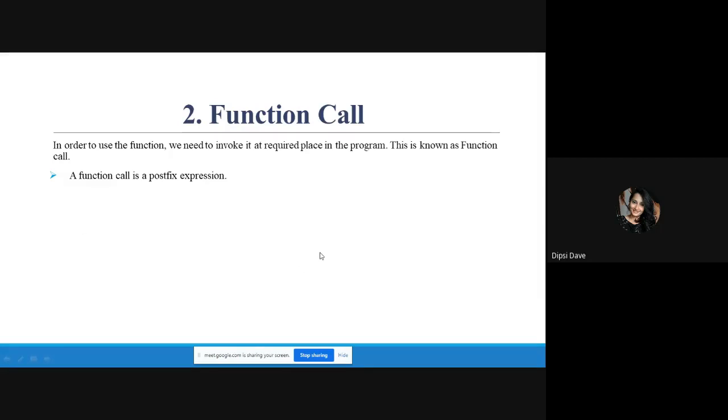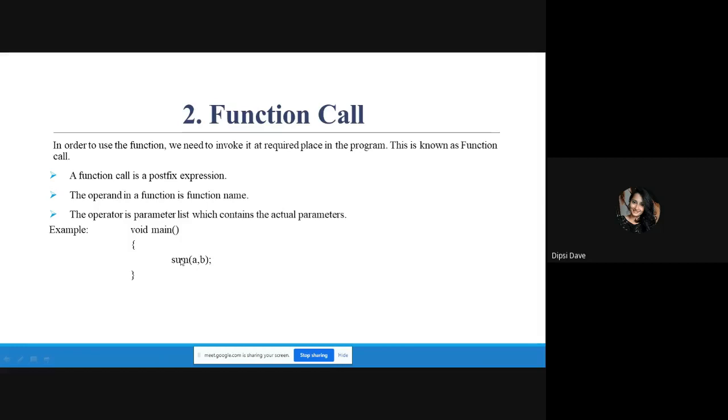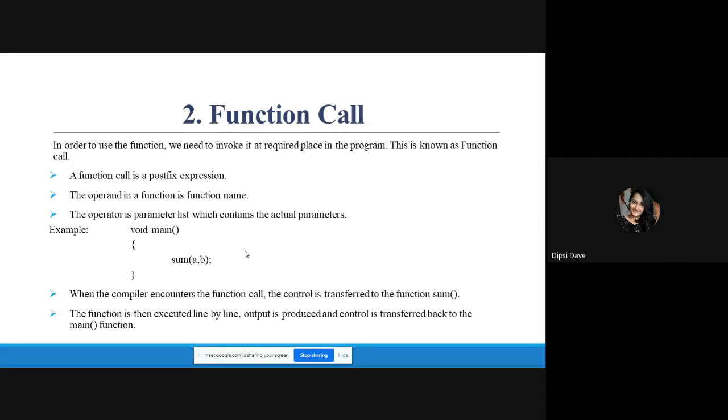This same function has been called over here with two parameters a and b, right? When a compiler encounters a function call, the control is transferred to the function sum. Then it's executed line by line, and control is transferred back to the main function from where it was called.